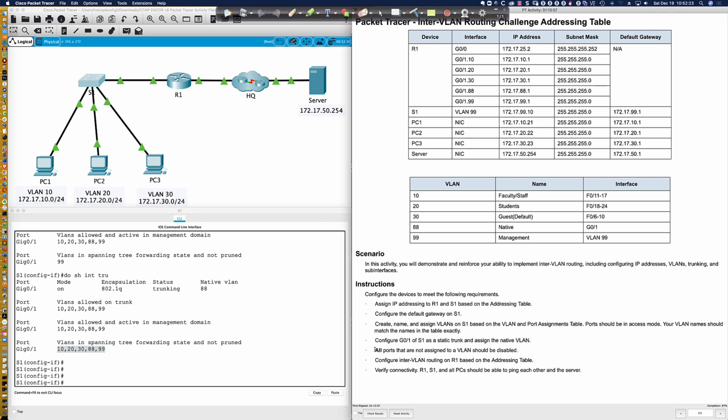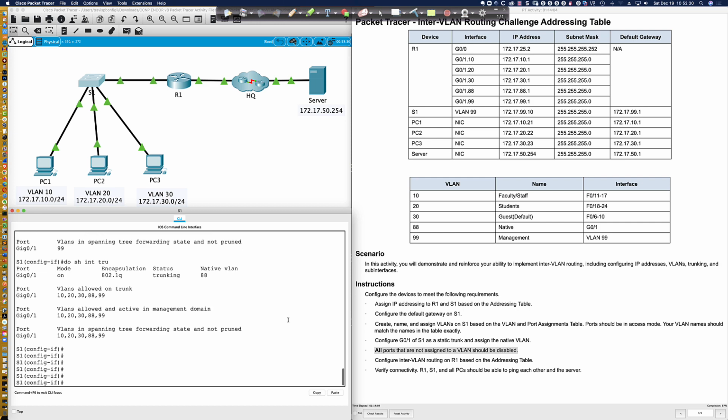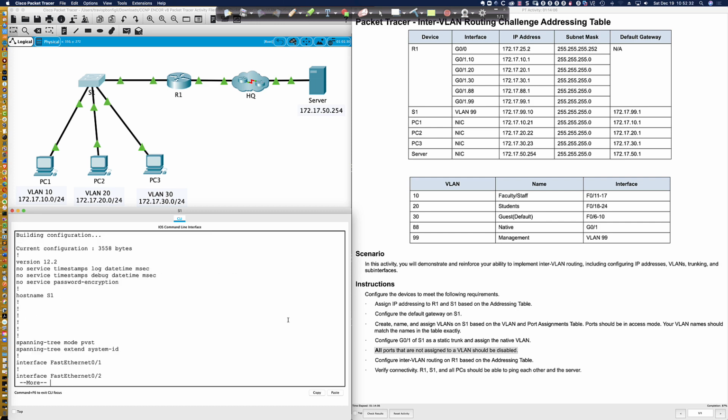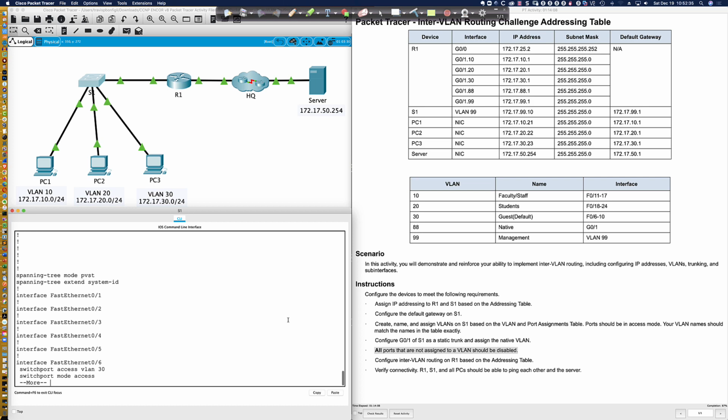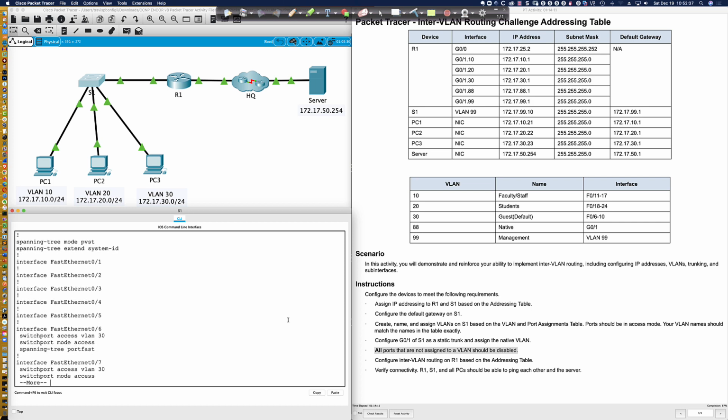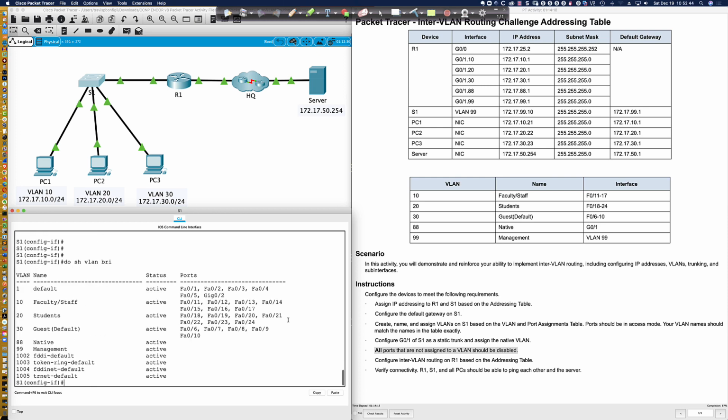Okay. So all ports that are not assigned to a VLAN should be disabled. And it's very easy to see that. Now, a lot of learners will say, do show run, and okay, what ports are not in VLANs here? So, 1, 2, 3, 4, 5, and then you've got to sit here and look at all these ports. A much easier way to do this is to say do show vlan brief, because ports not in a VLAN will show as being members of the default VLAN